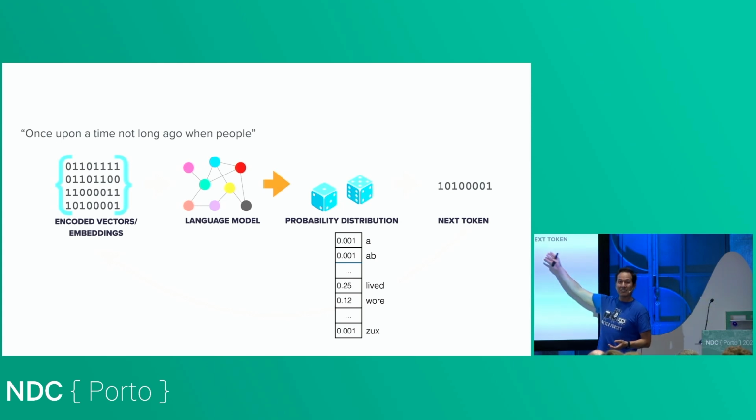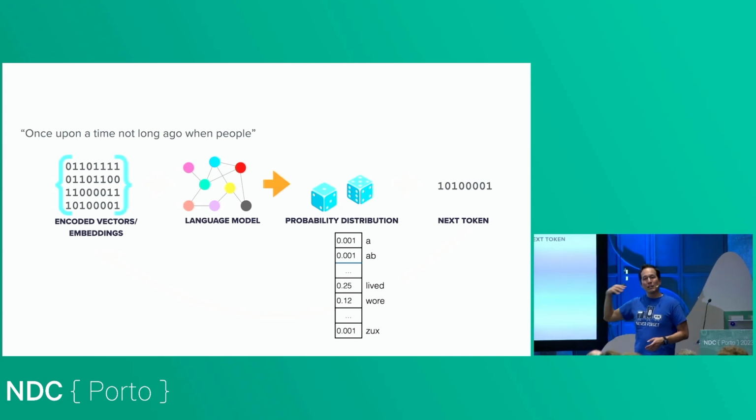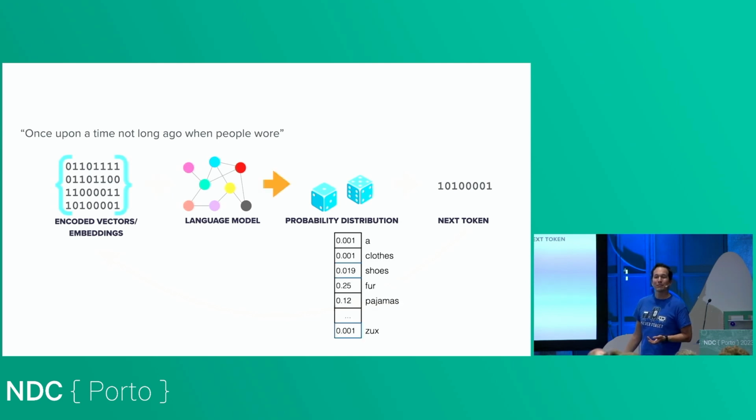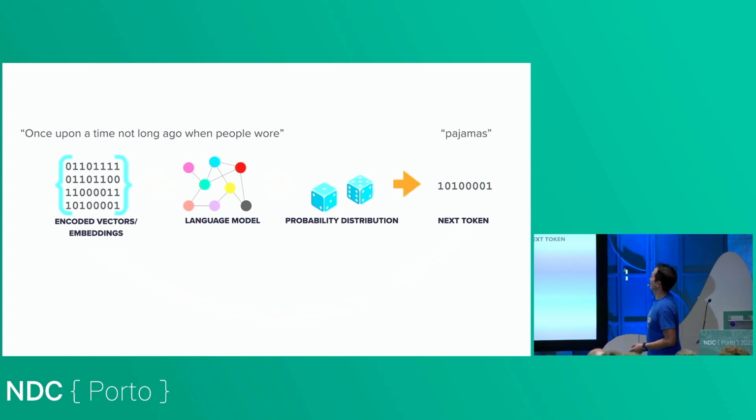It figured out, when I see a matrix that looks something like this, here's the probability distribution for the next token. And as you realize this, you realize that it really is just predicting tokens. It's not really doing any kind of actual reasoning or thinking, right? But the results you get can be pretty amazing, right? Can anyone guess what the next word is? Anyone know this lyric? Okay, it's pajamas.